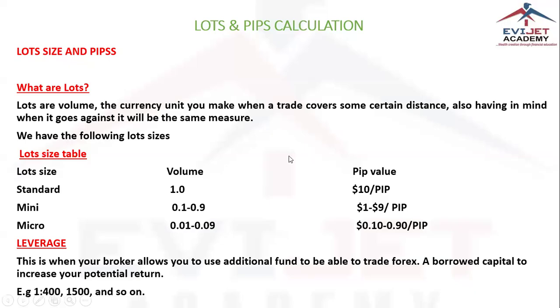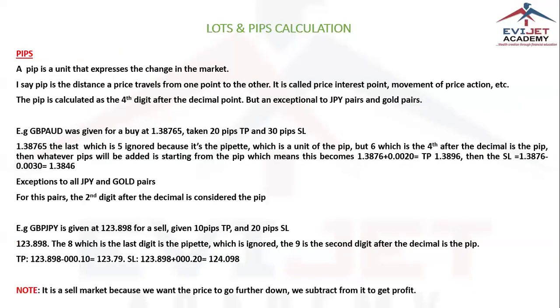So let's go to pips. What are pips? A pip is a unit that expresses the change in the market. I say a pip is the distance a price travels from one point to the other. It is called price interest points, movements of price action. The pip is calculated as the fourth digit after the decimal point,